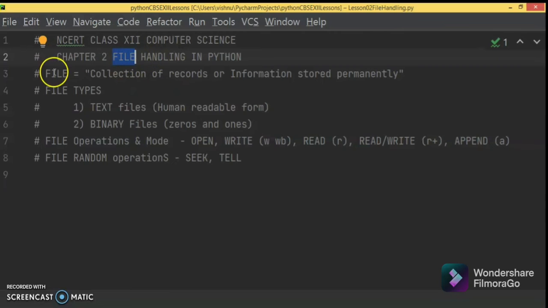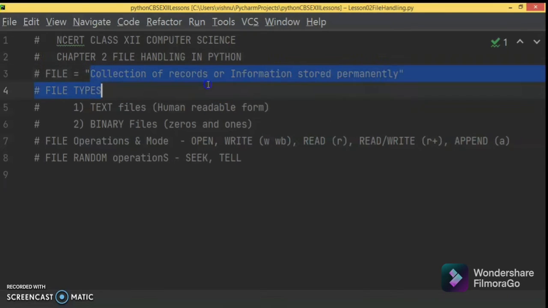So first, what is a file? A file is nothing but a collection of information where this information is stored permanently, and once it is stored you can retrieve it, read it and print it to your console. Console will be either your monitor or you can print on the printer. So we are storing some information permanently and we are retrieving it back to your output devices. It can be anything, printer or the console.